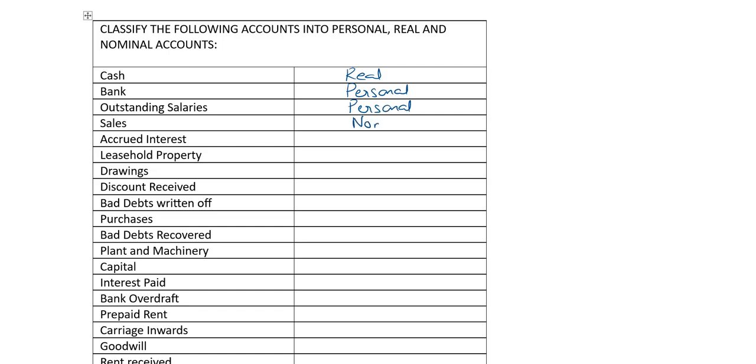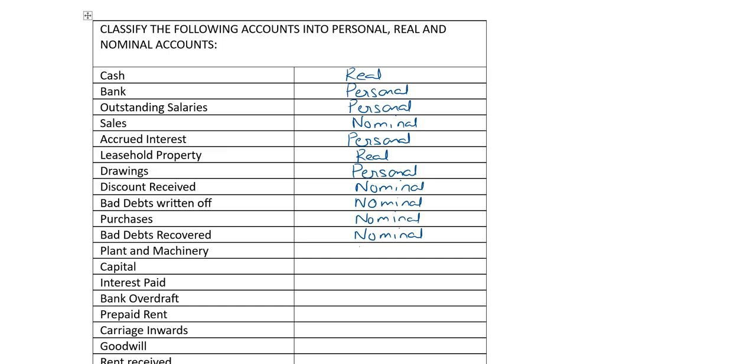Sales nominal, accrued interest is personal, leasehold property is real account, drawings is personal account, discount received is nominal account, bad debts written off is nominal account, purchases is nominal account, bad debts recovered is also nominal account,